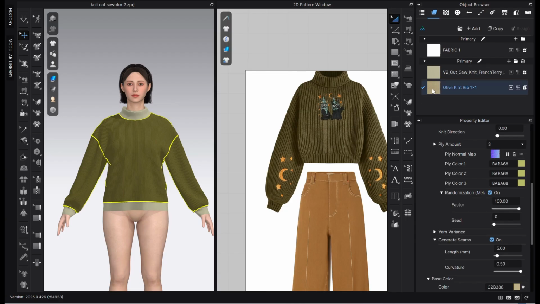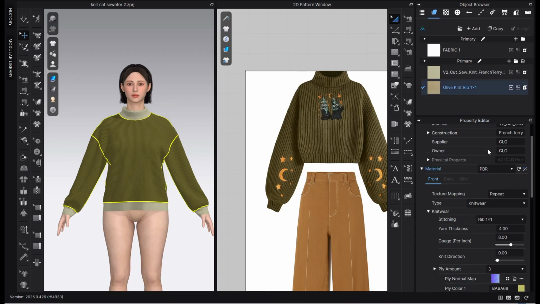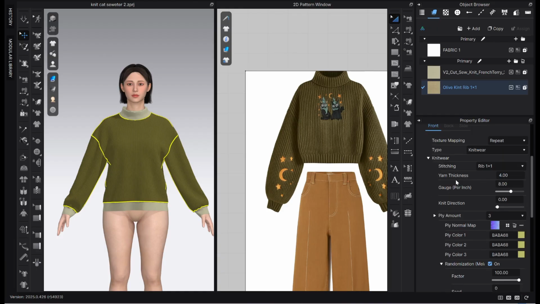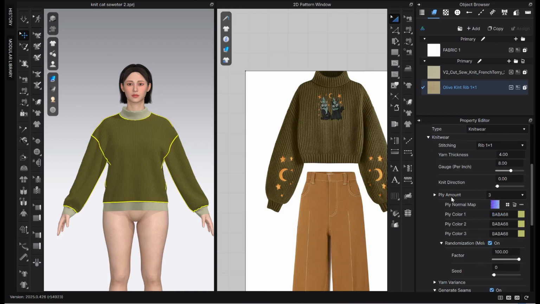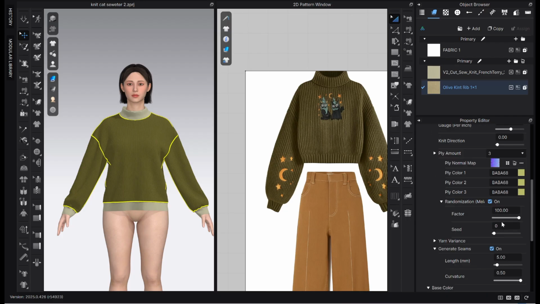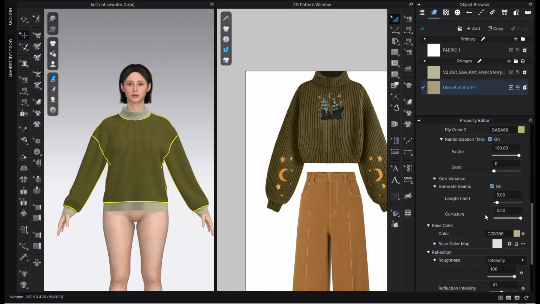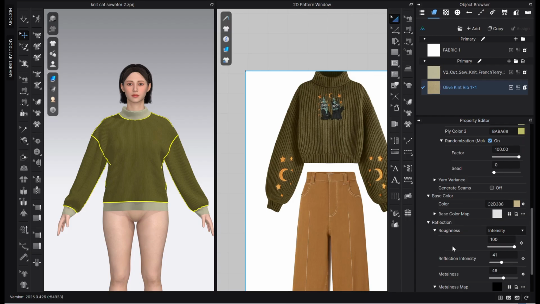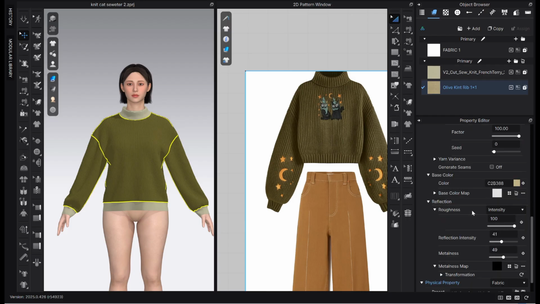Okay, so we choose our fabric again. Just make sure everything is set. No other changes we want to do. Ply amount is 3. And I put generate seams on because I want cut and sew effect on my body. My color is okay, and